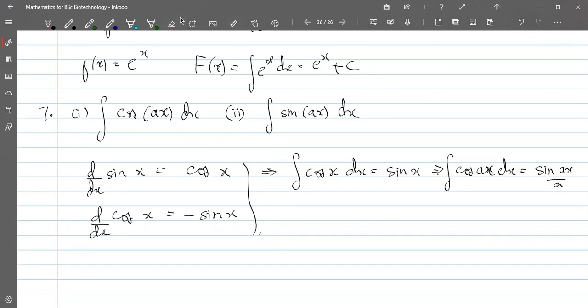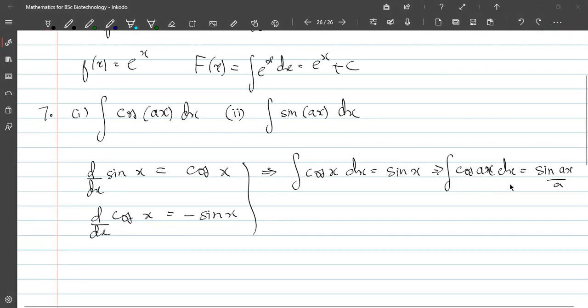It's not very important when you're finding antiderivatives, because it's enough to know one of the antiderivatives. You can always find all the others by adding plus c in general. If you're doing solutions of differential equations, then the constants are important. Here it's understood, so you can skip writing. Let's just focus on the non-trivial part. So this is clear: integration of cos x should be sin x. So integration of cos ax by the property previously mentioned is sin ax by a.